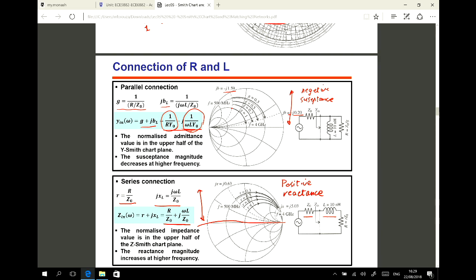If the load is like ZL equals 0.8 minus j1.2, for example, then 0.8 is here, on this side. These are more than 1, these are less than 1. For Z, these are less than 1. For example, 0.8 is here, and for minus 1.2 we go this way. Minus 1.2 is here. This is our ZL. So you can also find YL here by looking at these circles and these circles.